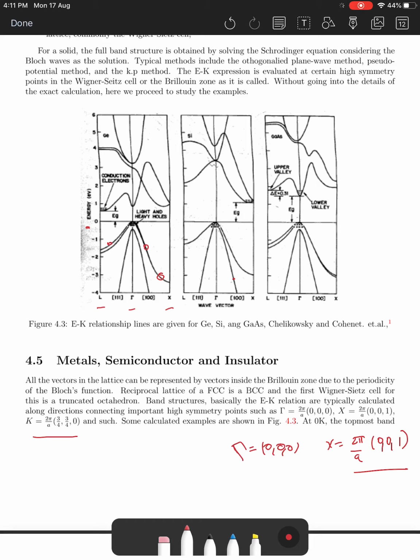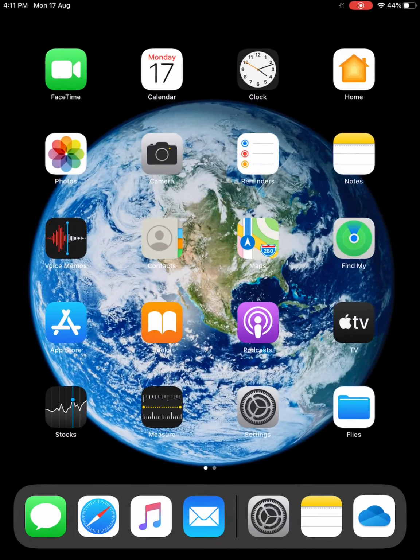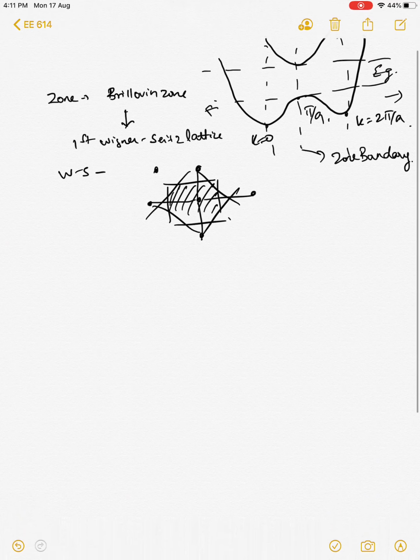The origin of several lines comes from the fact that you have several bands. So from the lowest energy, you start filling each of the bands depending upon the number of electrons that you have in the system. And at 0 Kelvin, the band which is occupied is called the valence band. That is, the valence band is the last band that is occupied at 0 Kelvin. So let me just write it down because it's an important definition.